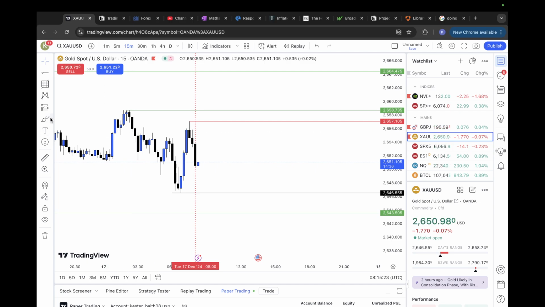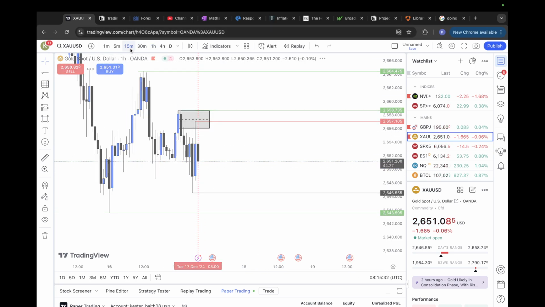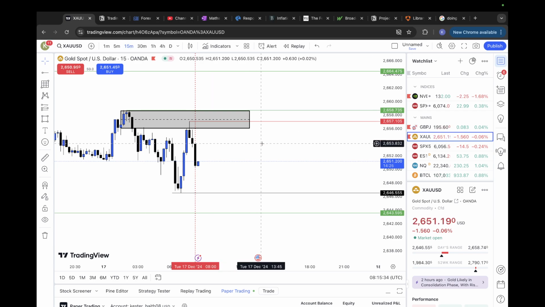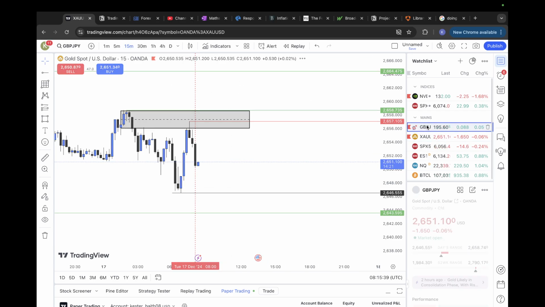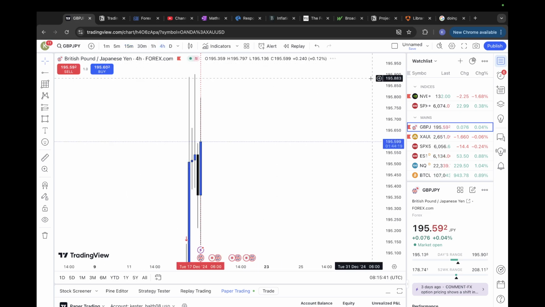which would be ideal. I also look at that 15-minute order block there, where obviously we had a rejection from. It might be kind of a key level for us. So yeah, we're just going to go kind of live market. So that's what I'm seeing on gold today, and now we're going to go through